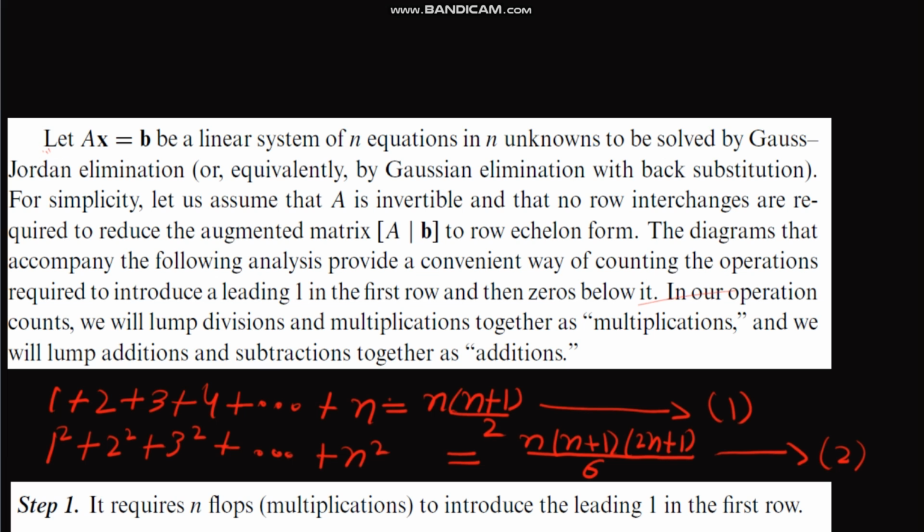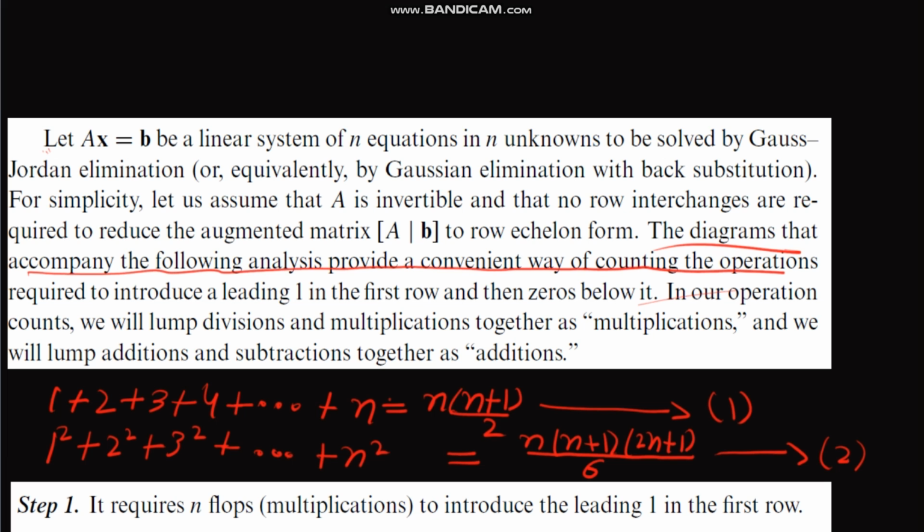Let Ax = B be a linear system of n equations with n unknowns that we need to solve by using Gauss-Jordan elimination, or equivalently Gauss elimination with back substitution. For simplicity, let's assume that A is an invertible matrix. That means it's not singular, and no interchange of rows is required in the augmented matrix in the row echelon form. Another thing, the diagram that I have shown below accompanies the following analysis and provides a convenient way of